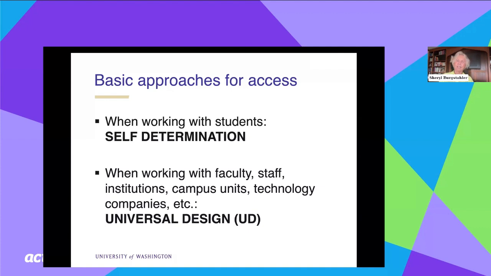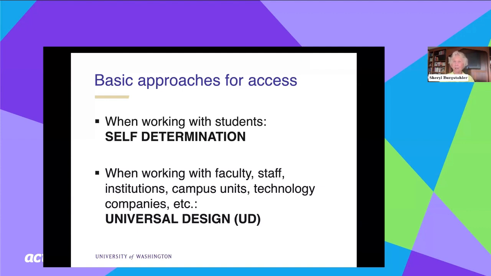But the other part of it is, what can the institution do? What can housing and food services and all these different services that are provided do to make things more inclusive of students with disabilities who may or may not be very well self-determined? So when I'm working with faculty and staff and institutions, campus units like yours,